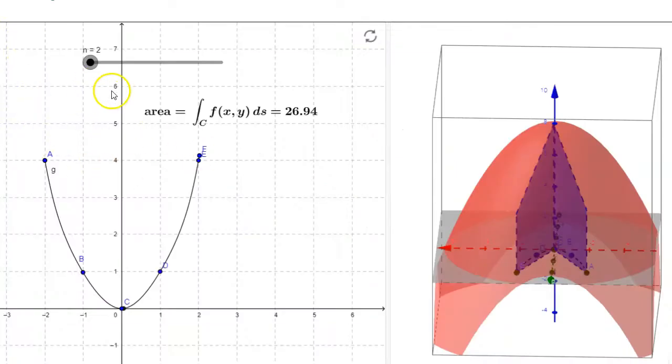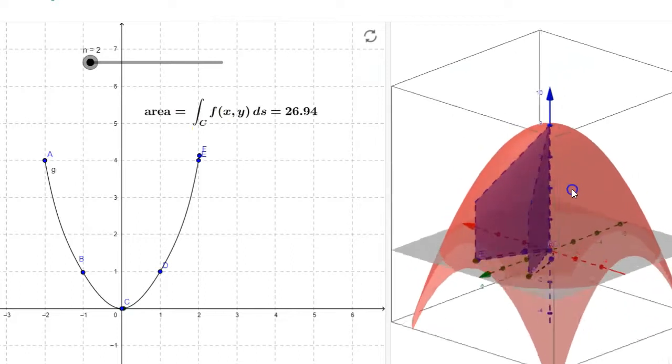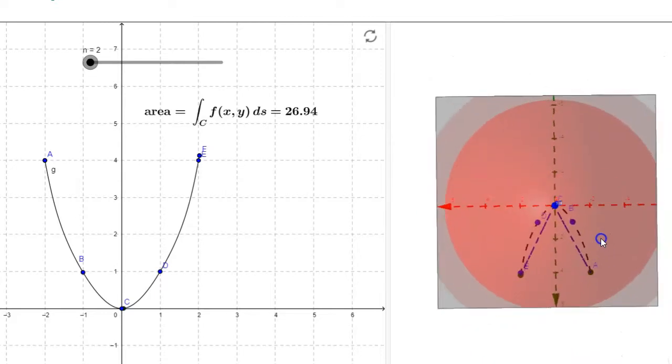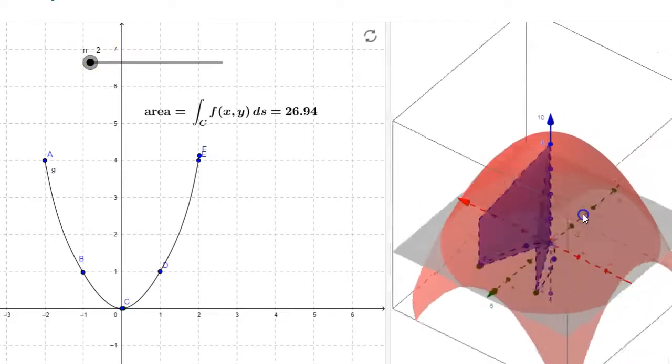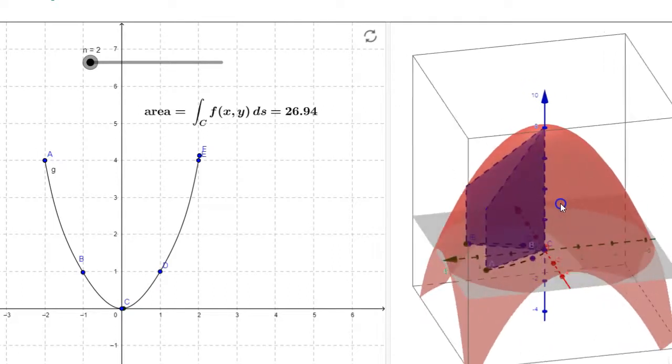All right, so let's look at an example, a line integral visual that's on GeoGebra. So what am I doing here? I've got this path in the plane, and it's a parabolic path, okay? And I am able to select how many rectangles I'm going to use within this. And this is like the trapezoid method,